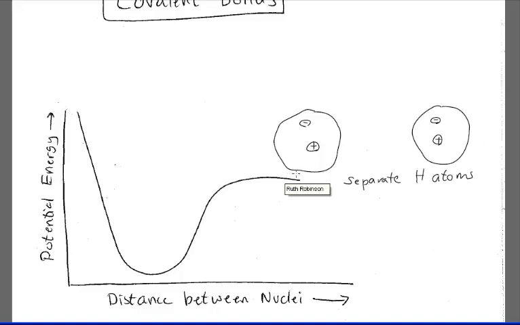So as you go further to the left, the nuclei of the atoms get closer together, and the energy way out here is a constant because the two atoms are completely separate and there's no potential energy between them to speak of. But once they start getting closer, we find that there's an attraction, the potential energy decreases, like going down a hill. Okay, and at the bottom, the two nuclei are closer together,